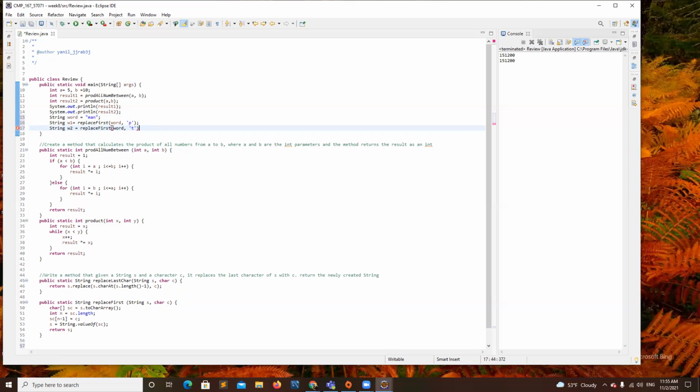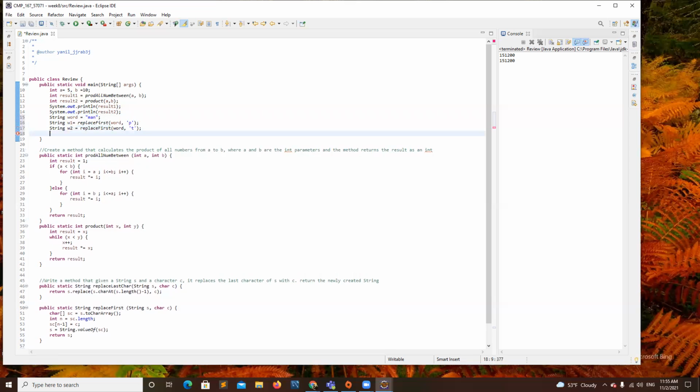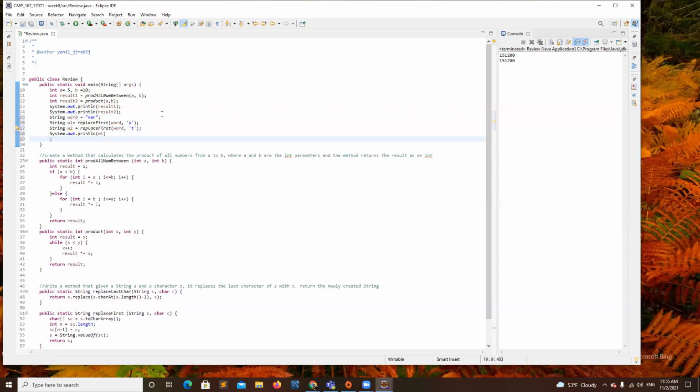So if I print W1 and I print W2, I can go ahead and see that they work.